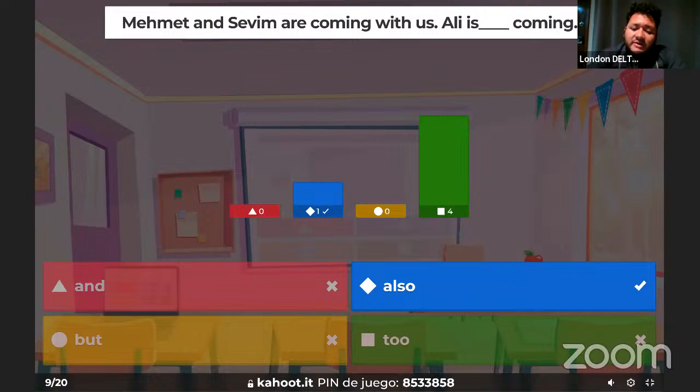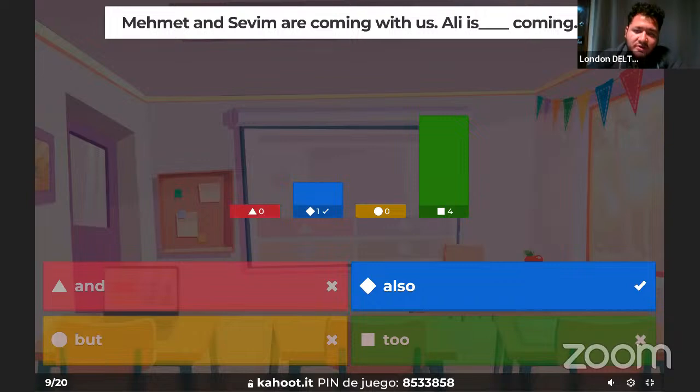Although, however, nevertheless, though, even though, but, esos son de contraste, all right? Te contrasto dos ideas. We have the ones that are for addition, like and, like also, like to, esas son conjunciones de adición. We have the other ones, like to give an option, or, whether or, either or, que esos son para dar dos opciones distintas, ¿no? Or, whether or es sea una cosa o sea otra.